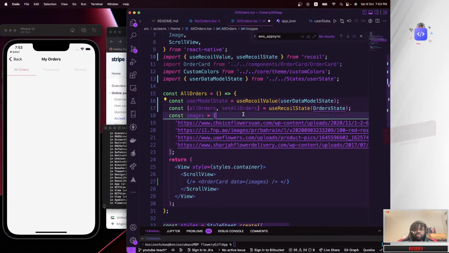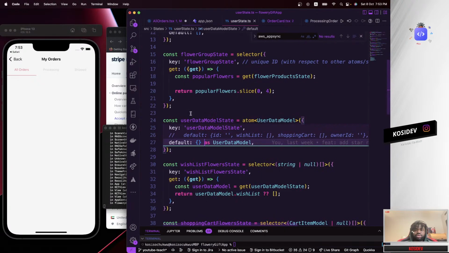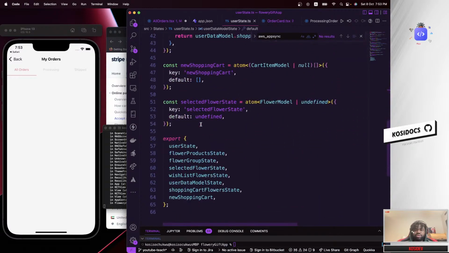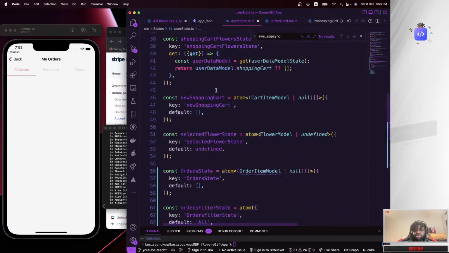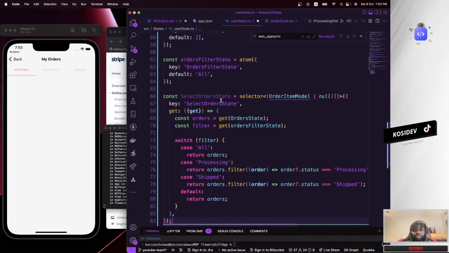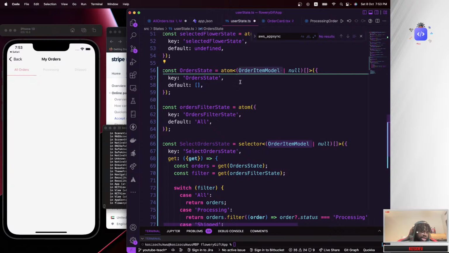So there we go. Head over to the states, and inside our states I'm going to scroll down. Here we go. So I'm over here. Let's start over here. I have something called other states, and it is of type other item model. Remember when we created the other item model, guys?